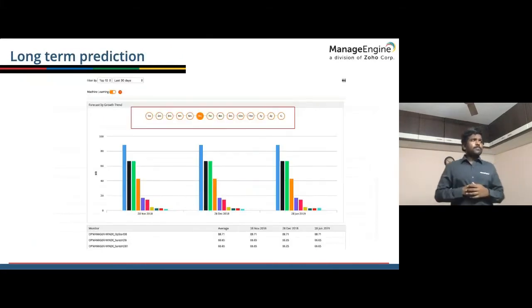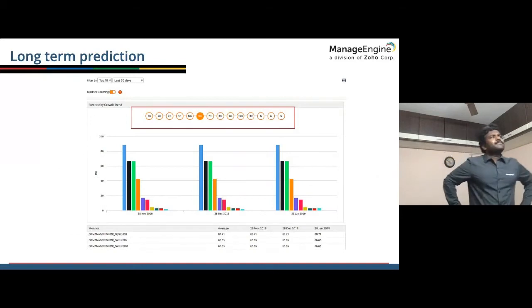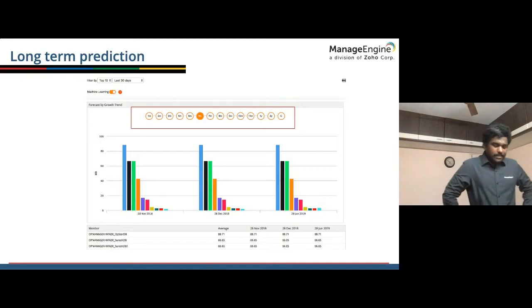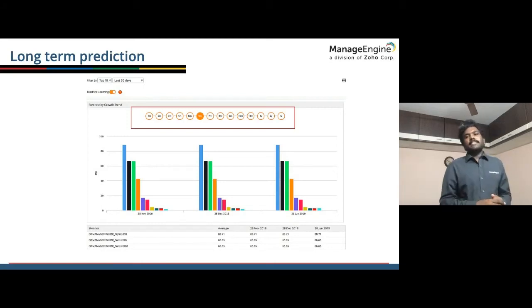You also have long-term prediction here. Remember the first presentation, where we talked about how AI has very little dependence in IT because you have very limited data storage. The average data retention period we see in our IT suite of products is about 4 weeks, which is about a month. But your algorithms have to be smart enough that even with just 4 weeks of actual data, by learning over a period of time, we should be able to forecast up to 2 years.